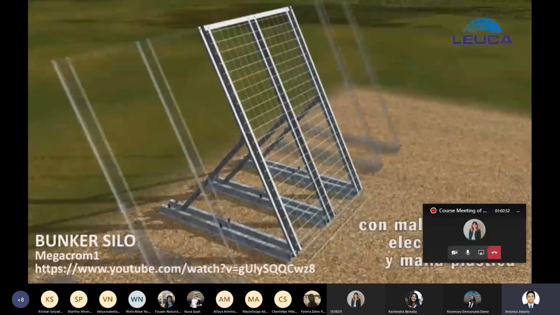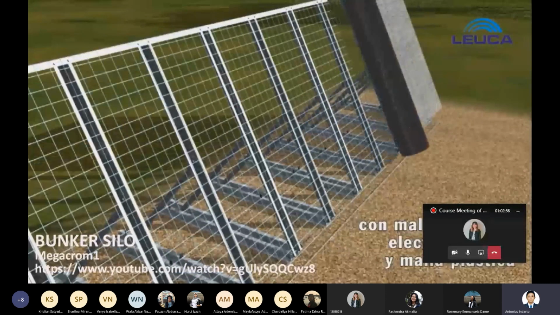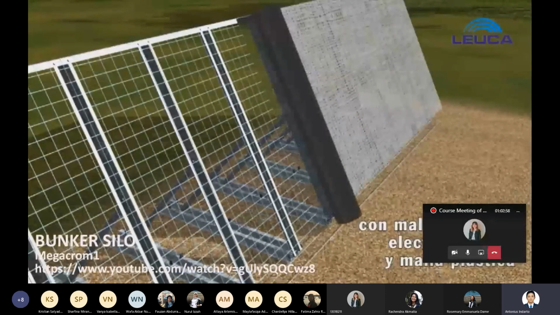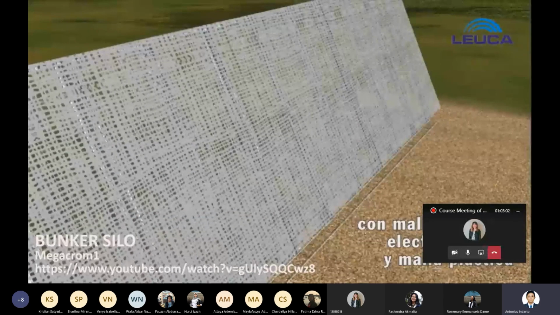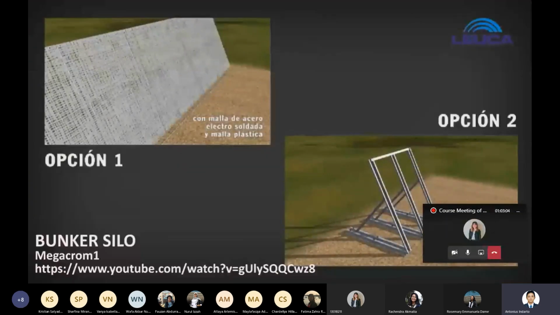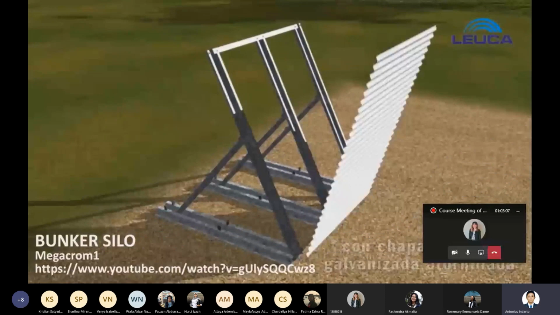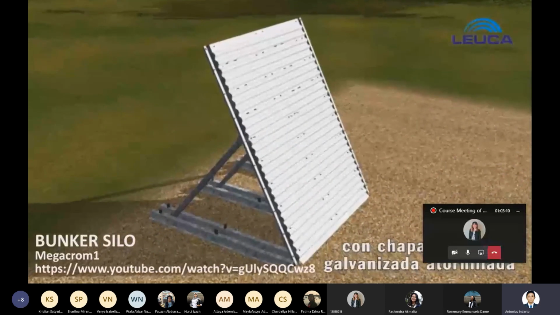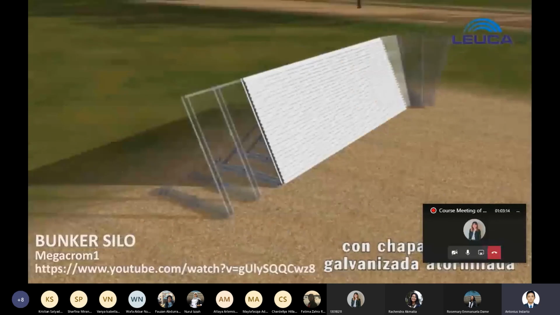Bunker silo is also used in the mining industry to store the product of their mining process. This is actually quite simple to do for a bunker silo.